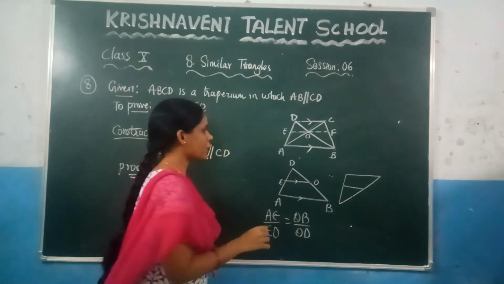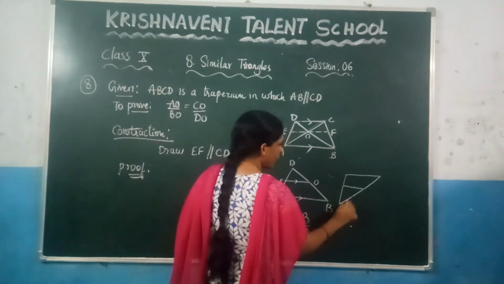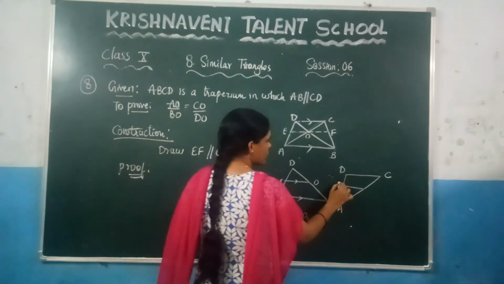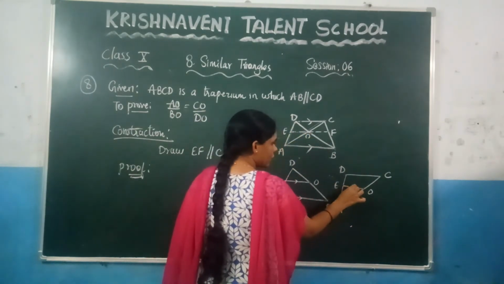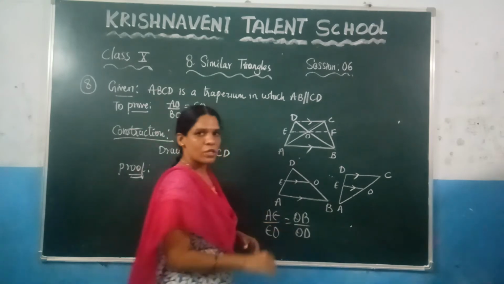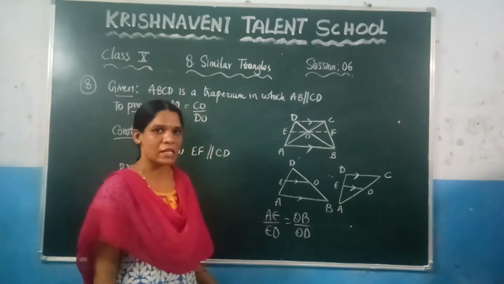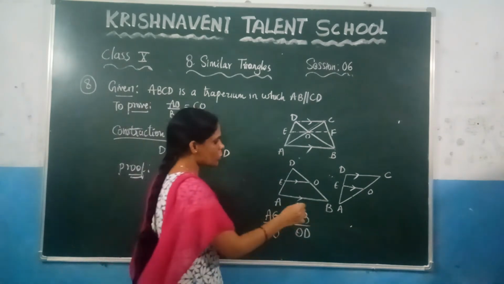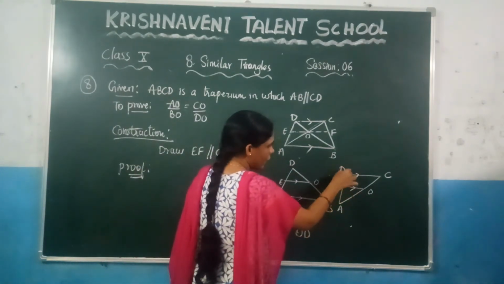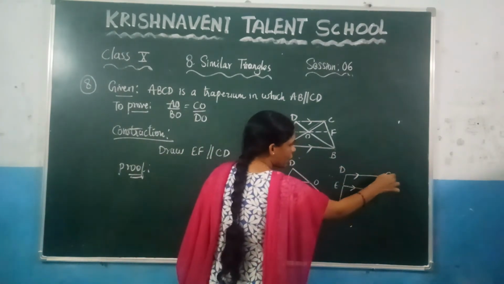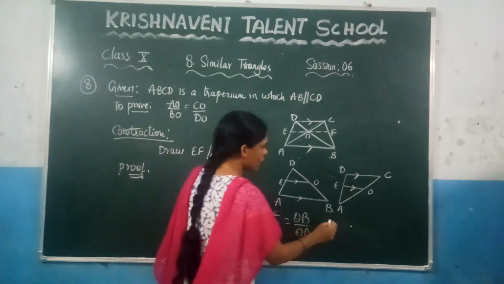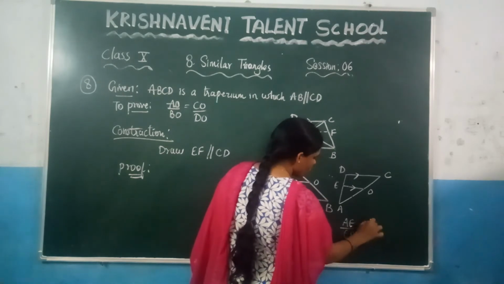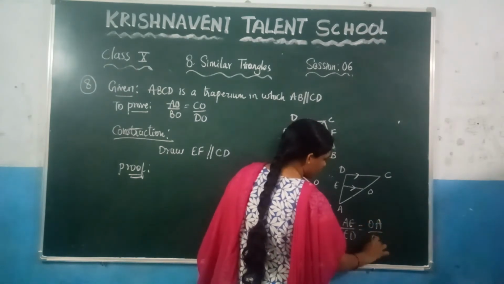Right? It looks like this. What is this triangle, which is nothing but A, and here it is D, and here it is C, and what is the middle line, which is nothing but EO. And you know that this line and this line are parallel. So again by the basic proportionality theorem, how can you write? The other two sides are divided into the same ratio, so you can write AE by ED is equal to AO by OC. So here, you can write AE by ED is equal to OA by OC.